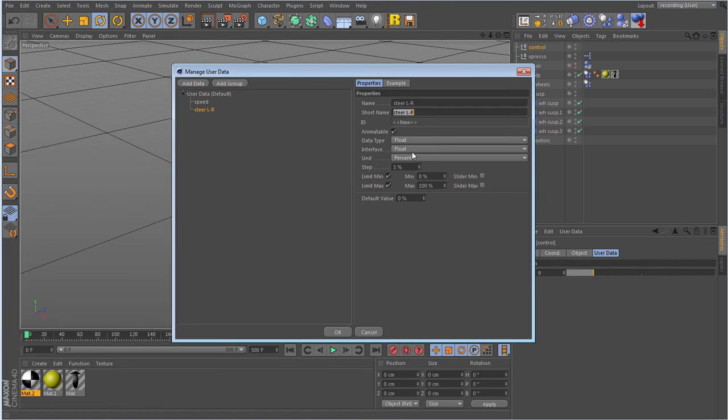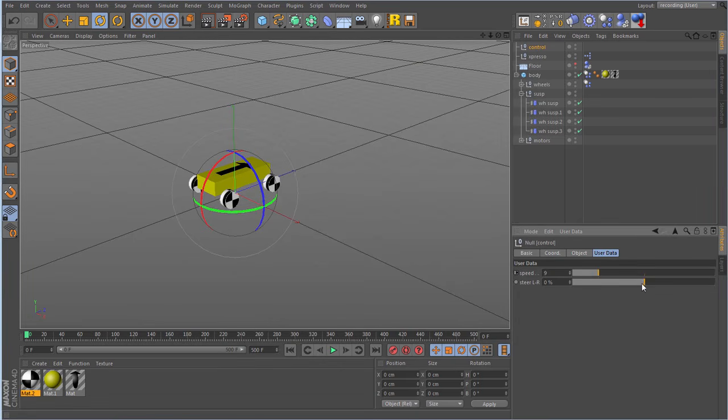I'm going to leave it all as is actually. I'm going to leave it a percentage, but I'm going to make this minus 100%, so it's going to be full lock one way, full lock the other way. Okay, that should do it. Oh, I want it to be a slider, obviously, float slider. So that should do, so we're going from minus 100% to plus 100%, with default at 0. Okay, so that's the steering slider.